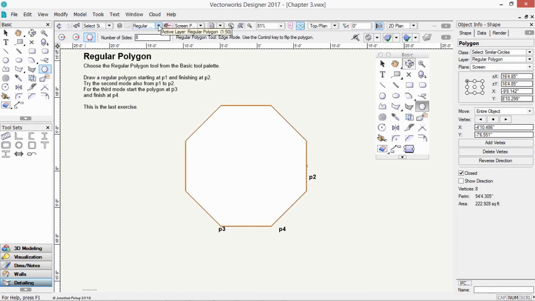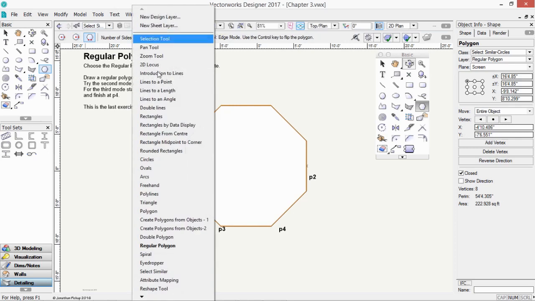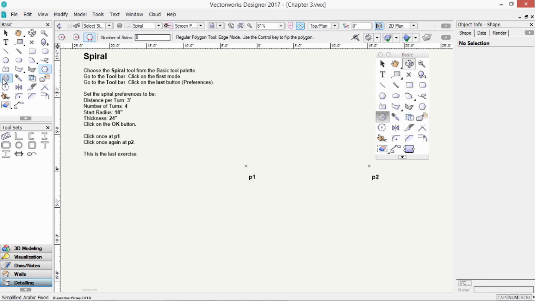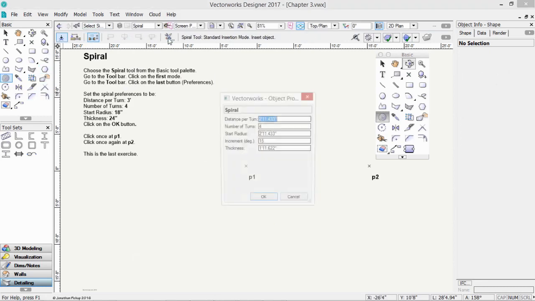When you finish that exercise, go to your active layer button and choose the next layer down. And this is a spiral. And there are settings here for setting up the spiral. So the distance per turn, let's try 3 feet or 36 inches. The number of turns 4. Start radius 18 inches. And the increment